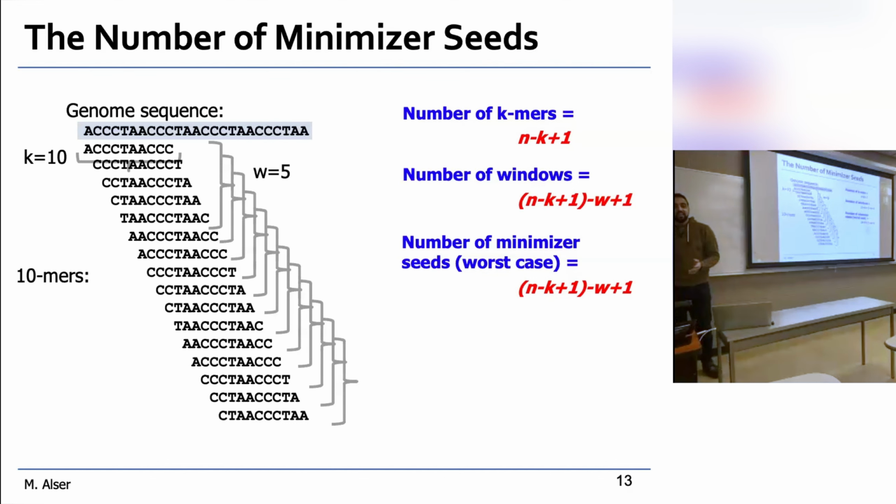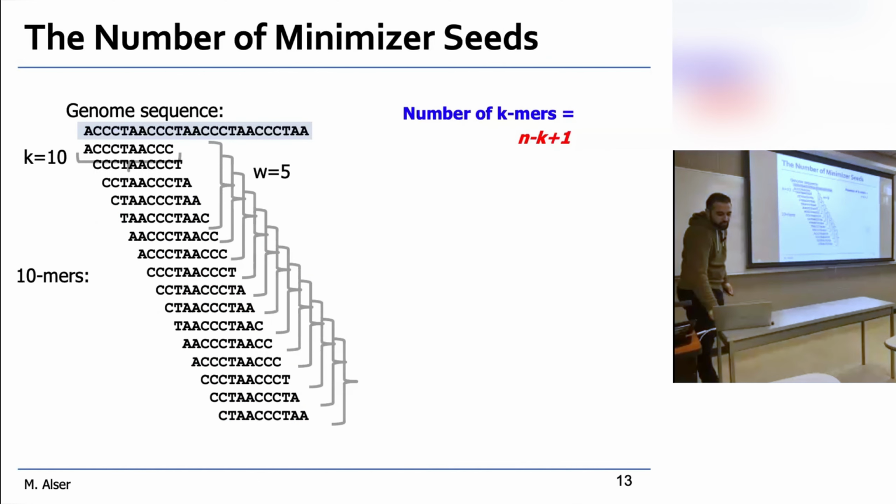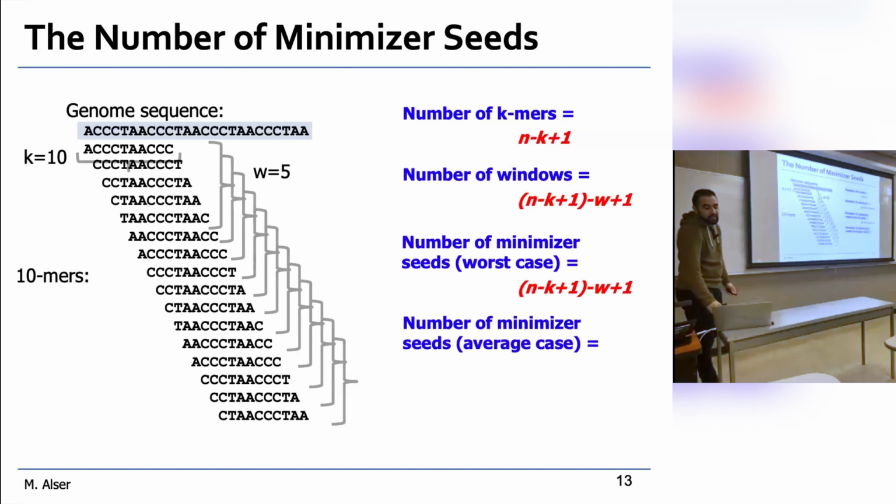Now, what is the best case? Which is something like that, right? Something like this. Here we don't get 1 per window. We're not getting 1 per window. We have many windows, and we have only 4 minimizers. That is the average case, or let's call it the best case, right? This is what we are looking for. Now, how we define it, or how we can calculate it,